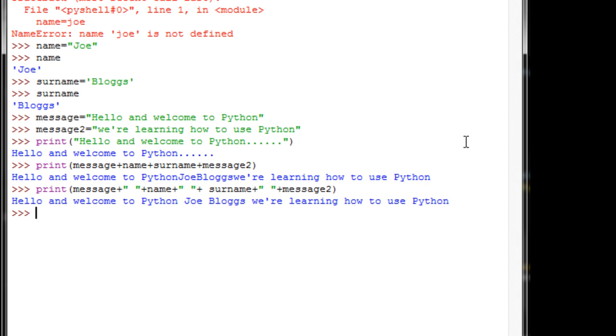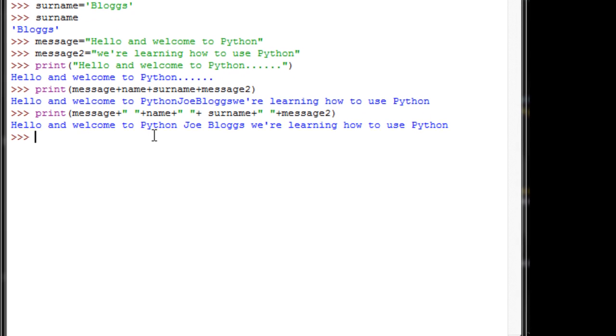So that's a basic introduction to strings, and that's some of the key features you need to know about strings. One last thing that's also useful to know is how to take a new line. In Python, to take a new line within the string, all we have to do, if I just copy this print statement again, is use the backslash. So if I want to take a new line after Joe Blogs, what I'm going to do in here is just say \n, and that has to be a string like this. Now if I press enter,